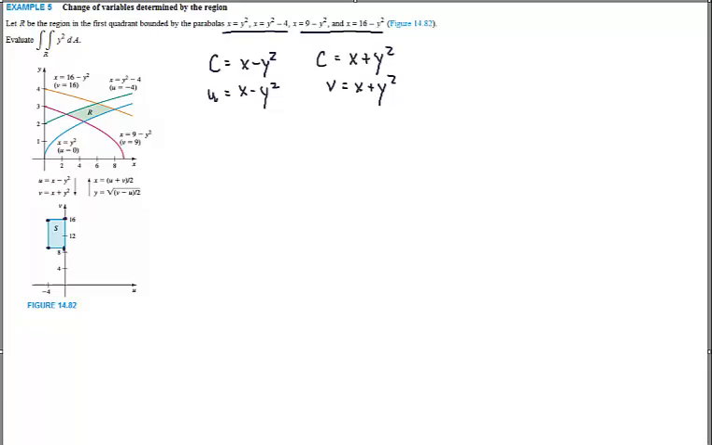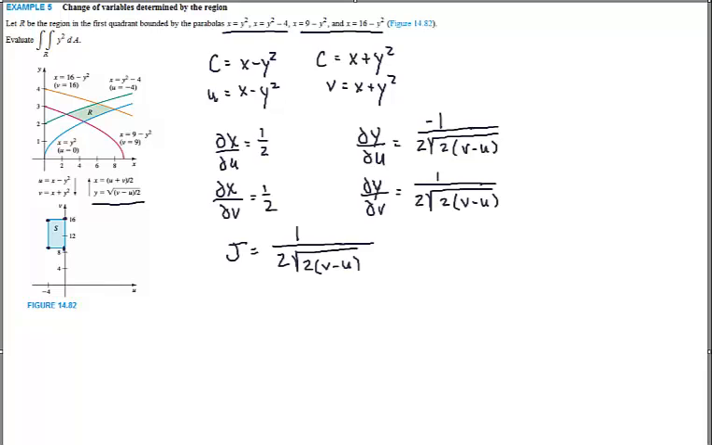These are necessary so that I can get my Jacobian, and I'll need the partial of x with respect to u and so forth. So let me write that down. Alright, there's my partials computing my Jacobian. I get this. So my integral, which is this in the rectangular world, now becomes,